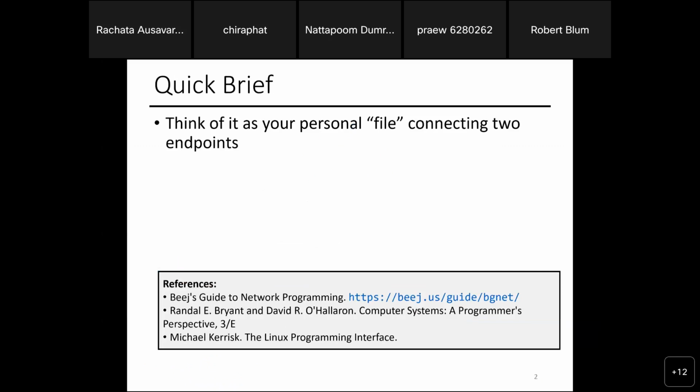From Tuesday, we treat a connection as you wanting to connect a file. Again, every single IO is a file. So if we want to establish a connection, one thing we can do is think of data streaming in and out from one server to another. We can think of it as I stream into the file, and then this guy would read out of the file and somehow make sure there's a connection to say, hey, go there.